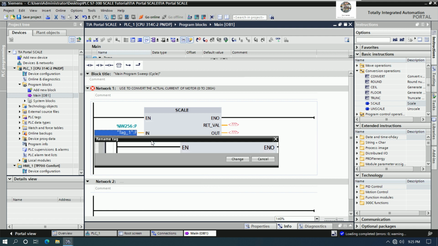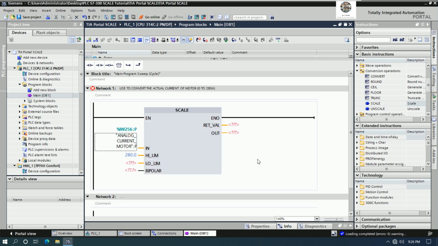Yes, we can rename the tag, and we can type analog current motor. Analog current motor. Yes. And here is the high scale or high limit of the motor current, 280 mA, and here is the low limit, so I will start from 0.0, and this one is the bipolar, so I can put another address, for example M0.0,